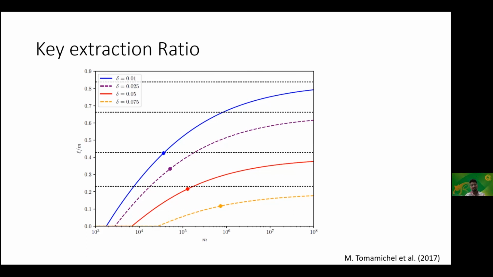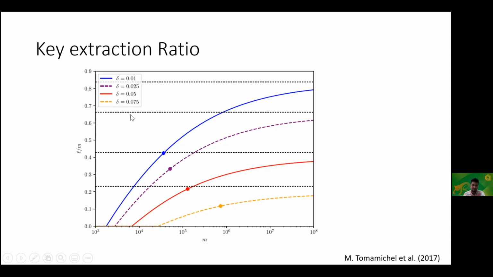So given a certain size of raw key, or shifted key, and given a certain error rate of that raw key, if you perform the error correction and everything, what is the total amount of secret key that you can extract out of it? We have skipped over those computations, but from this plot we can see that,